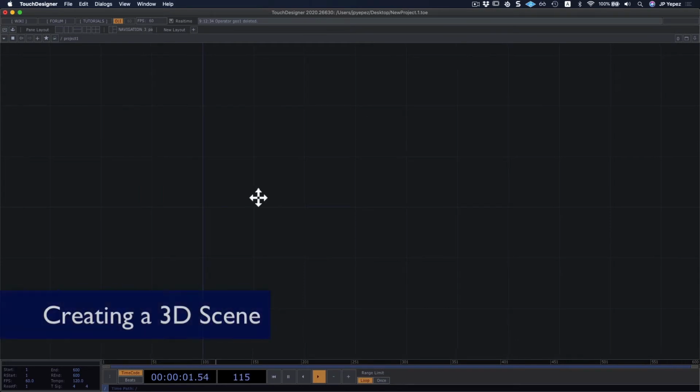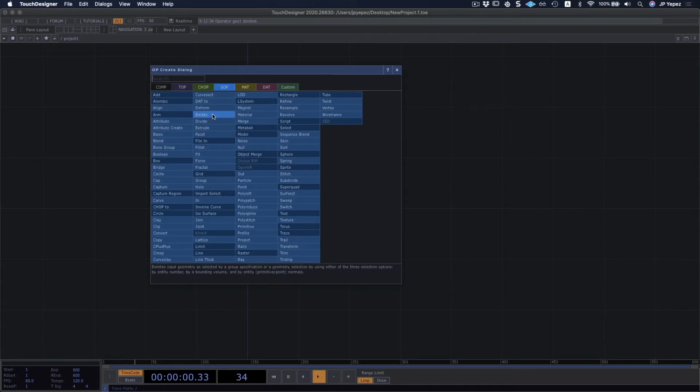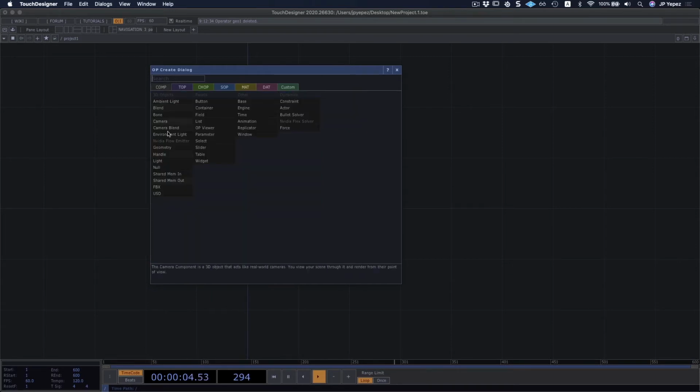And now we're going to create a 3D scene in Touch Designer. The way to do this requires something a bit more than a SOP. Well, the SOPs are going to be at the heart of this workflow, but for this type of workflow, we do need COMPs. And COMPs are, well, like the name says, components, and they're containers that include all the objects that I'm going to want to highlight in our scene.